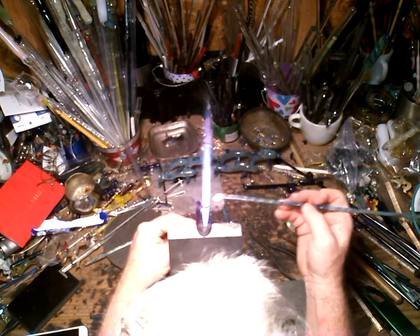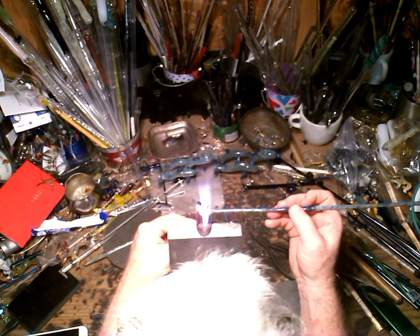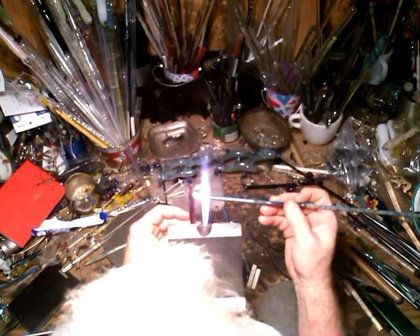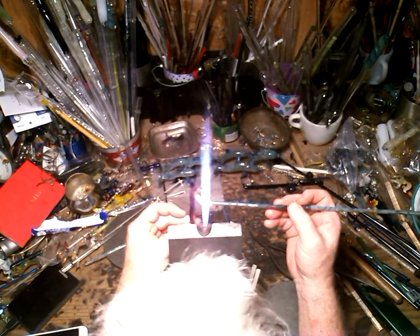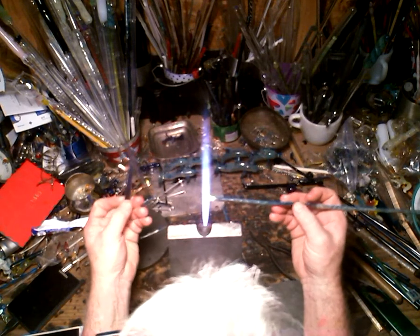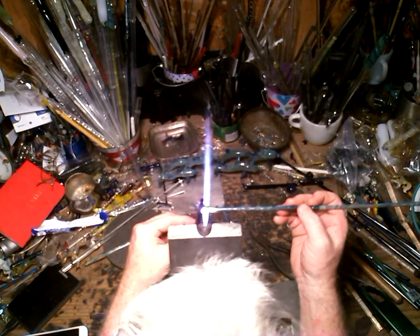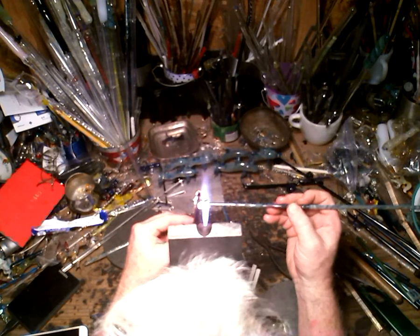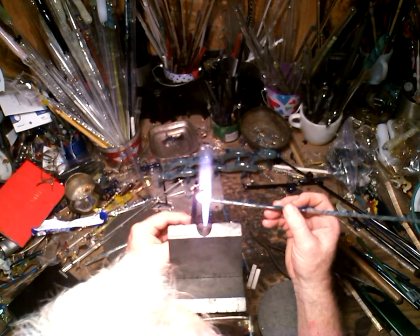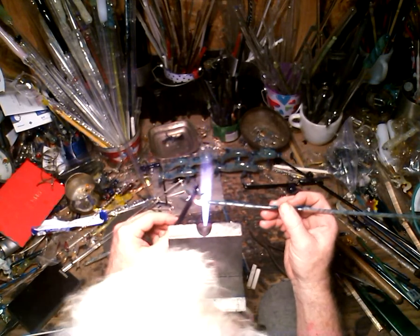When you do this, you bring them together and you want that orange to orange glow. You touch it too, and when they flow together and don't look like they're just sticking together, that's when you're fusing glass together and it's becoming one piece of glass. Same idea, orange to orange glow, and I usually use symmetry to this because you want them on one side or the other of the body. Okay,